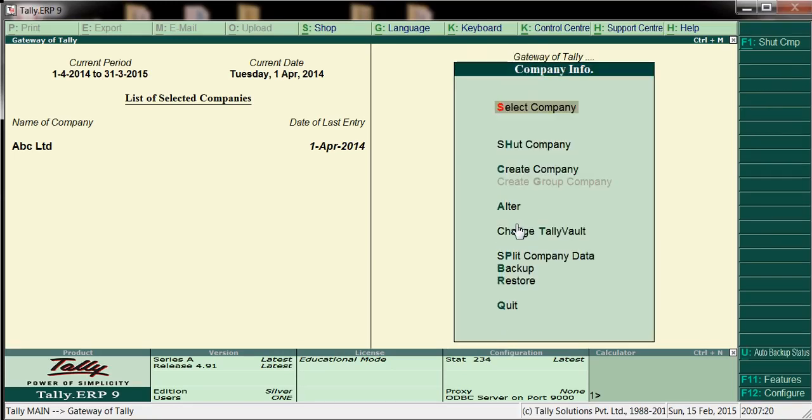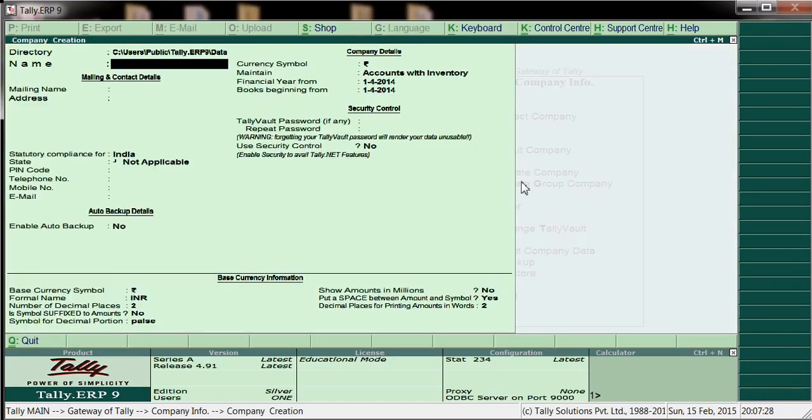We'll get the options here. Create a company, so enter, and here we'll create one company. Here we'll get all the options.